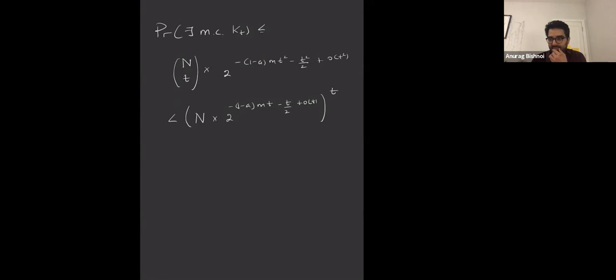And now basically we are done, because if n is chosen to be something for which this thing becomes less than 1, then we are done. So if n is chosen to be 1 minus a m times t plus t over 2 minus little o of t,